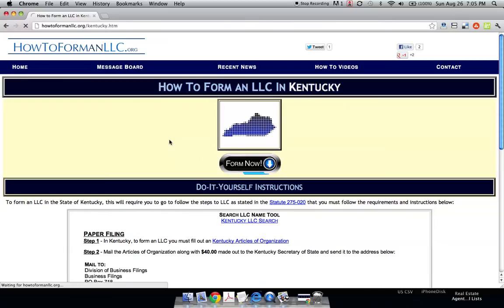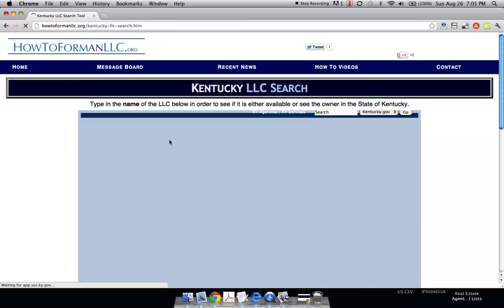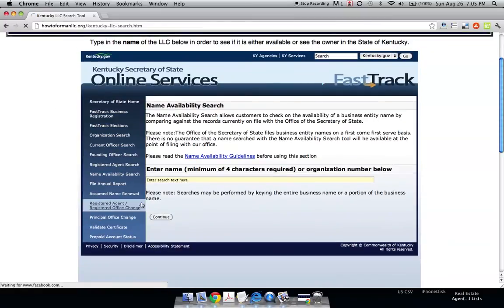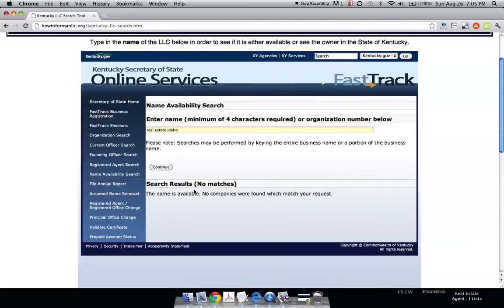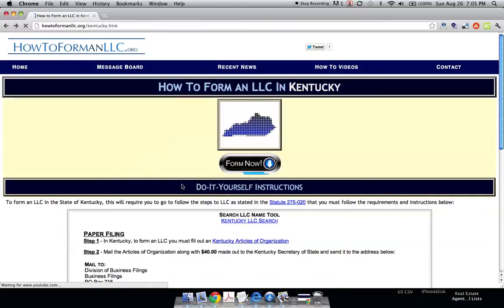What this will do is let you search the Kentucky state's records for any businesses that might have the same name as yours. So, for example, while this loads, if you're looking for the name, say, Real Estate Idaho LLC, you just type in Real Estate Idaho, hit continue. And there are no matches, no results. So that means that our name, Real Estate Idaho, is available. So what we'll do is just click back, and hopefully it'll let us go back,